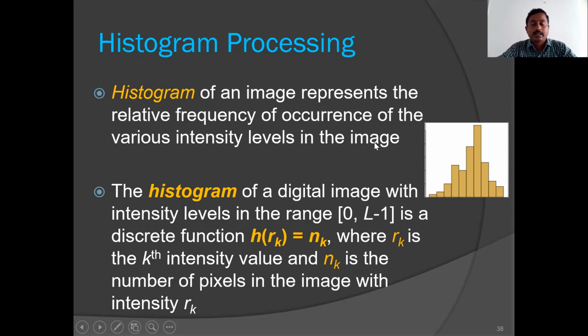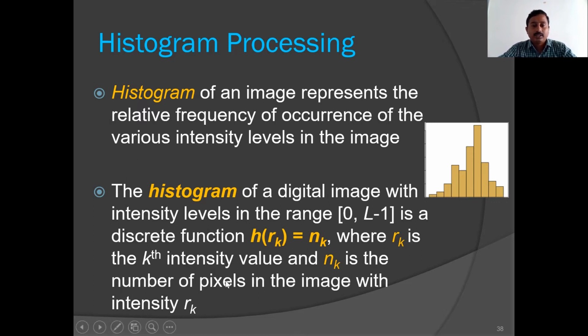Consider the gray image. Its intensity levels will be from 0 to 255. So how to find the histogram of the given image? For that, we calculate how many pixels are there with intensity level 0. That will be the frequency of intensity value 0. Then we find out the frequency of intensity value 1, that means the number of pixels having intensity value 1, and we repeat this procedure for all the intensity levels, and then we plot that bar chart, and that will be the histogram of that image.